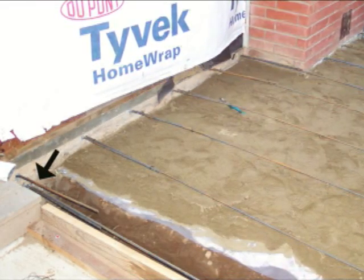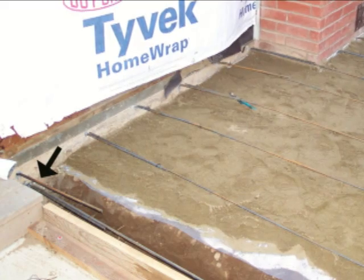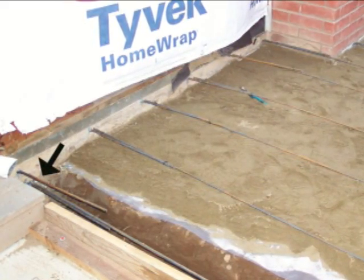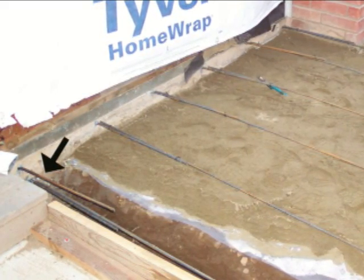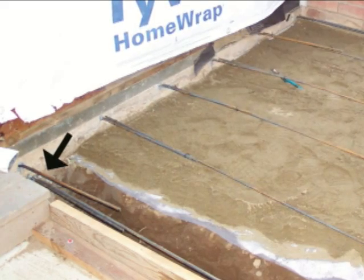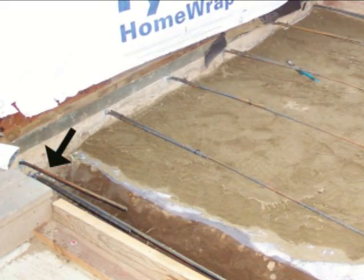So we did contact the structural engineer, and he was fine with that. Realistically, there isn't a lot you can do when you run into a situation like that unless you're planning on jackhammering a section of the house up, but that is not good news. Just wanted to point out that if you run into something like that, fill it with epoxy, close this hole off,